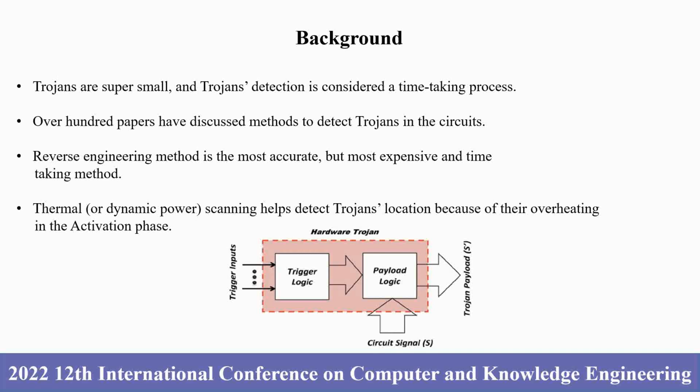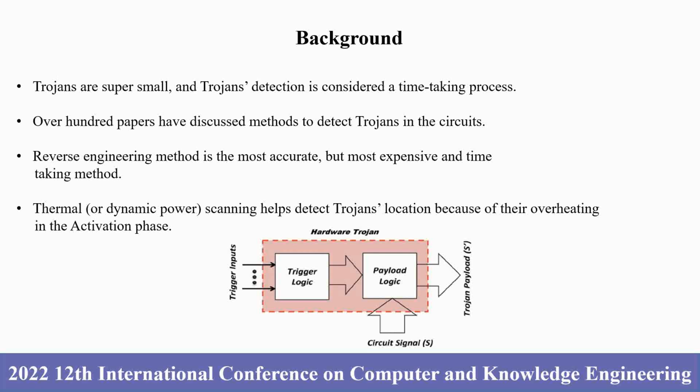There's a trigger input, which when the Trojan gets triggered, goes to the Trojan circuit through trigger logic, and then it goes to the payload logic. And according to the hardware Trojan designer's motivation to build the Trojan, it will do the designed functionality in the circuit. It can be information leakage or just using a lot of power